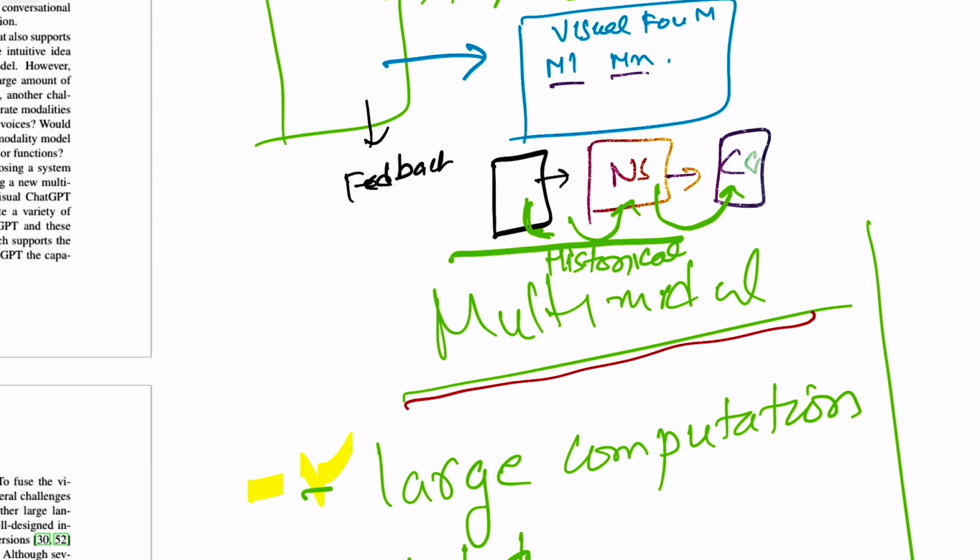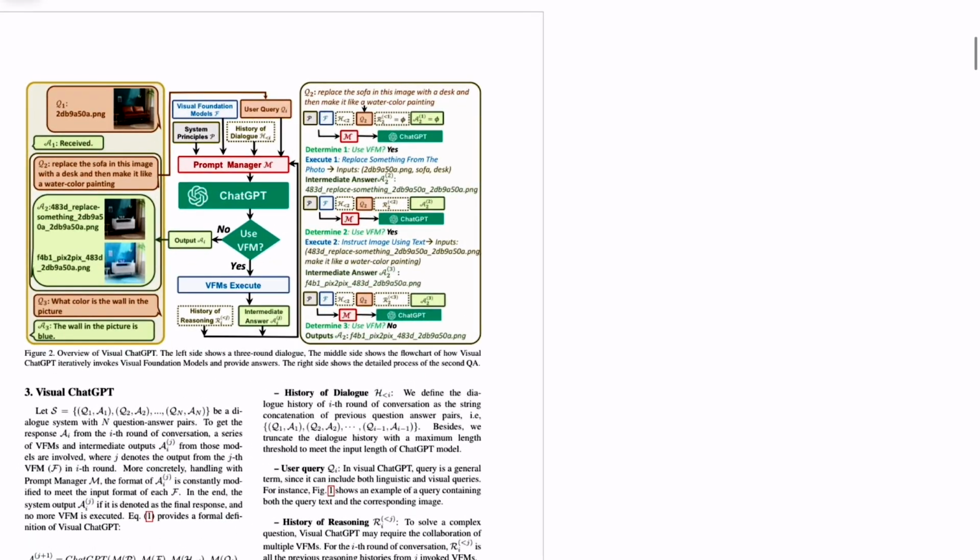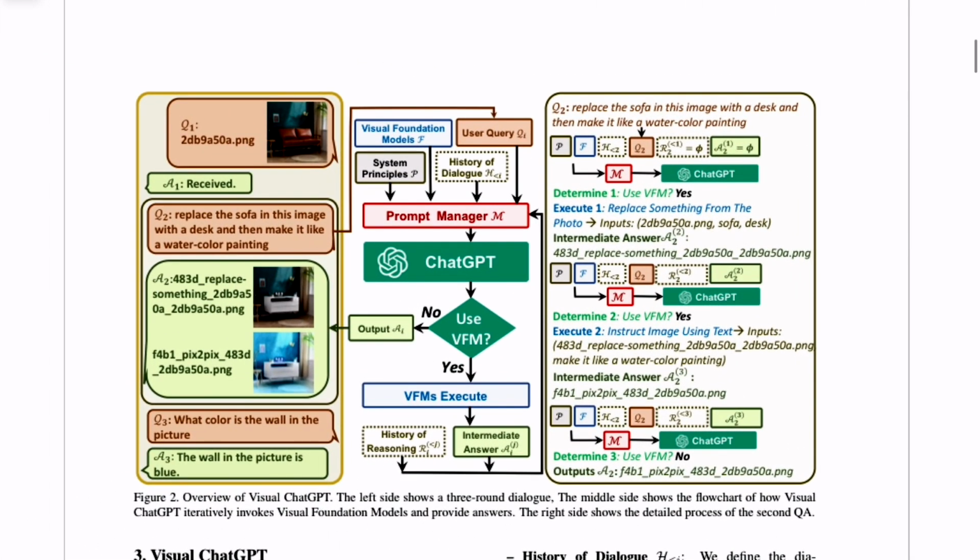Now, to dive deeper a bit, we can look at the very detailed diagram presented in Figure 2 of this paper, where they have given an example of a sofa: you have an image of a sofa, and you want to convert that sofa into a different